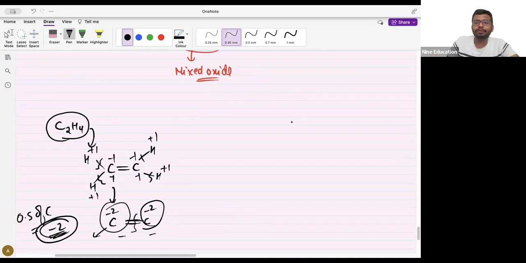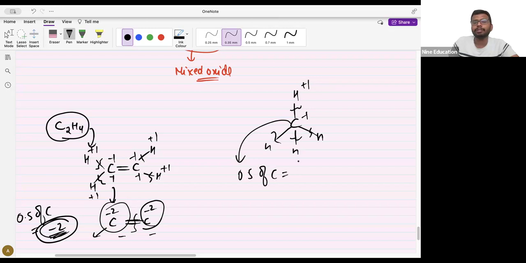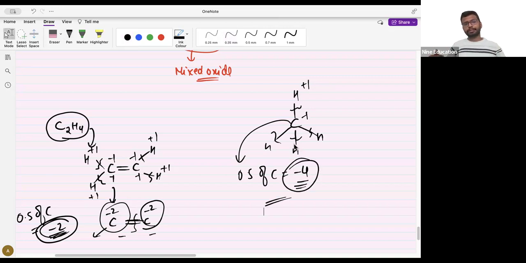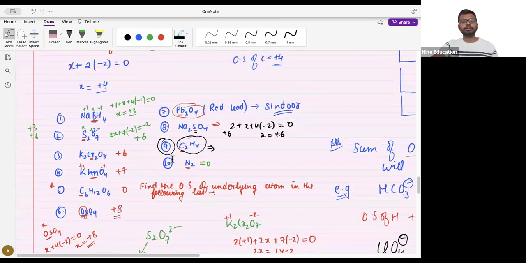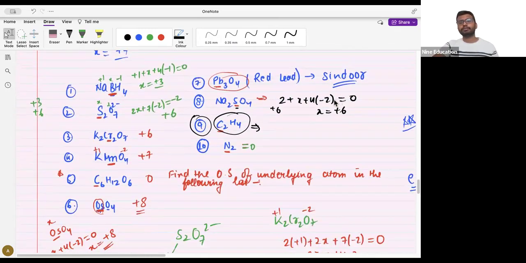Similarly, do for CH4. Write the answer for CH4. Hydrogen will be +1, carbon -1. Here also, here also, here also. Oxidation state of carbon will be how much? -4 in CH4. Done? So with this, we have completed these 10 questions of finding the oxidation state of